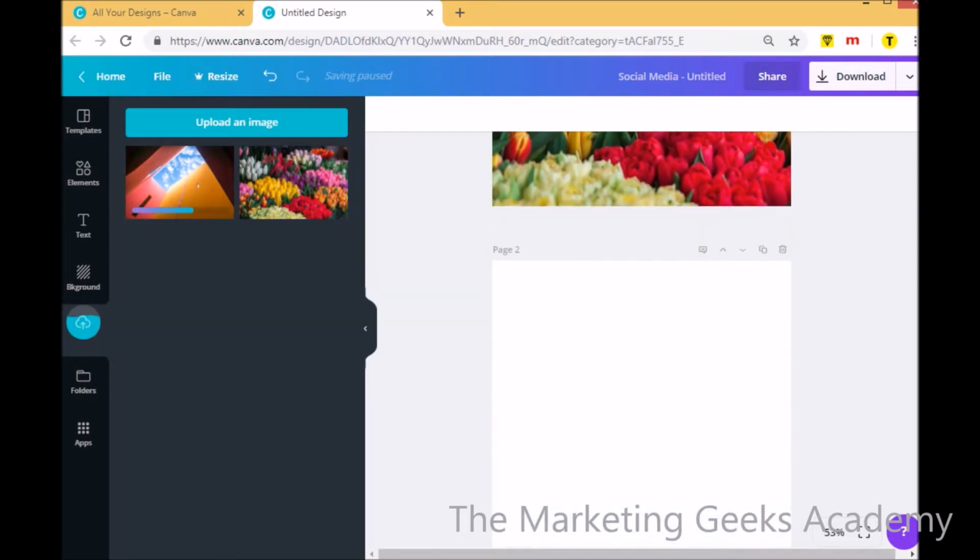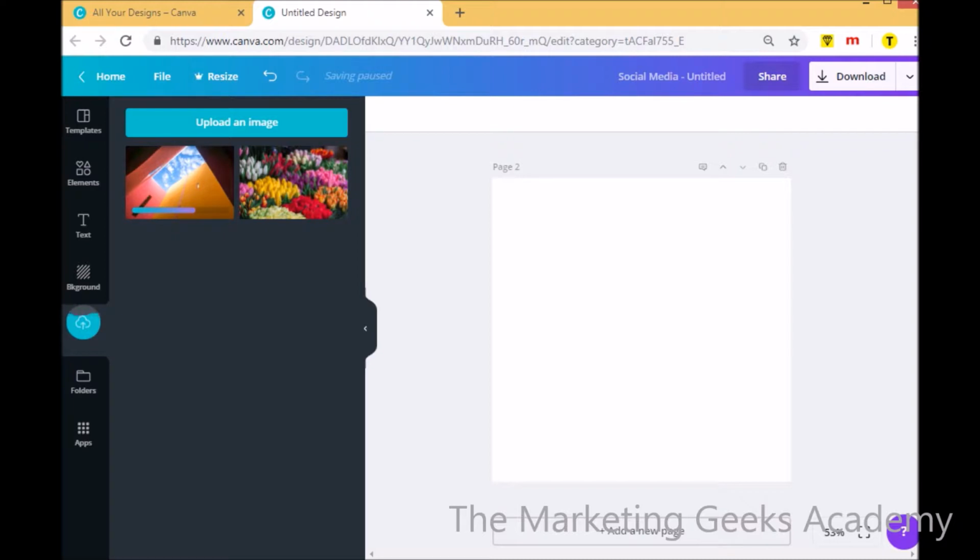we're also going to search Canva for some images as well, because Canva has a great range of photos that you can use, and a lot of them are free. Some of them are $1, but a lot of them are free for use. So if we want to go to Elements, which is on the left hand side, we're going to click into that,